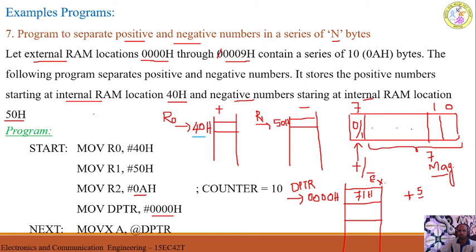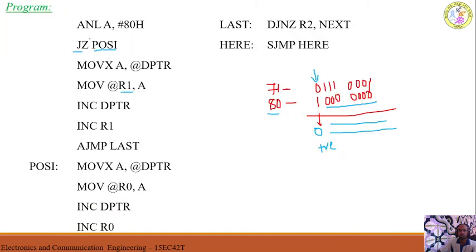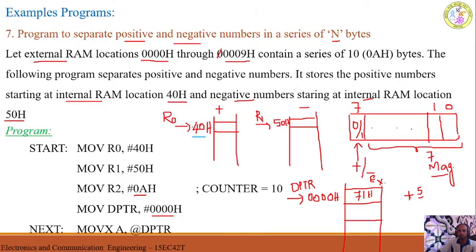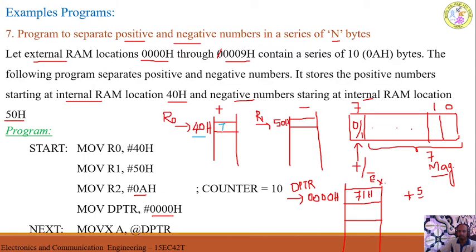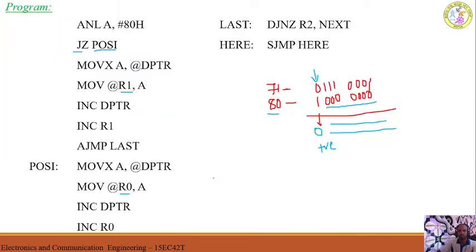Sorry, here some changes we need to do. So this is positive, jump on 0 positive. Oh, sorry, here I need to come. Jump on 0 is there, positive. I need to come here. Okay, it will not execute this instruction. This condition is true, therefore it will come here, take that data and store it to the memory location pointed by R0. Now R0 is pointing to which memory location? 40 memory location. Store that A content. Now the A content is what? 71. Now 71 will be stored here.